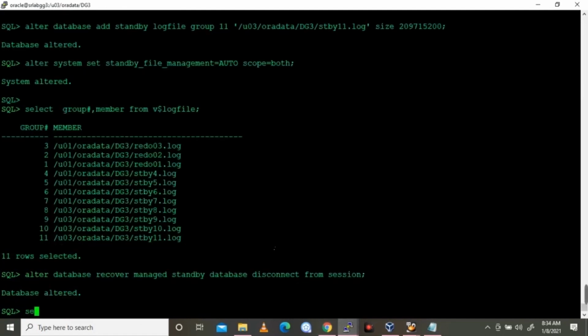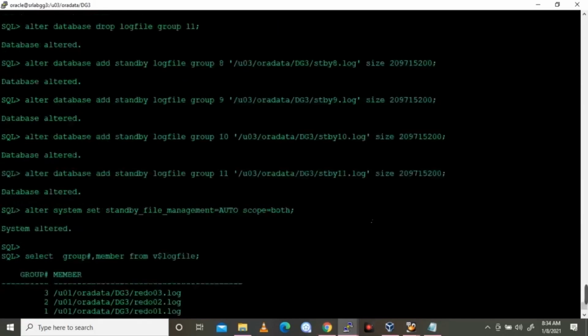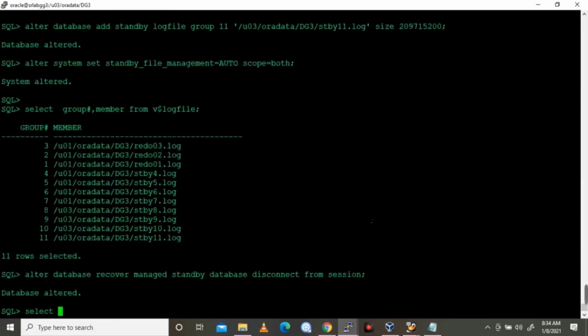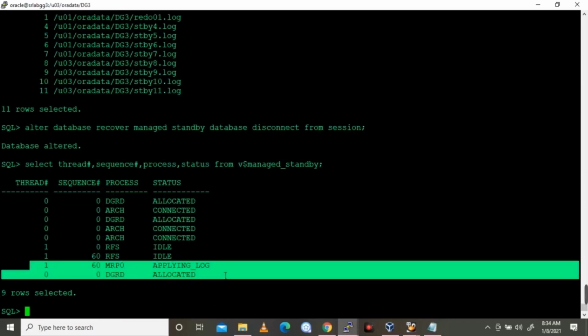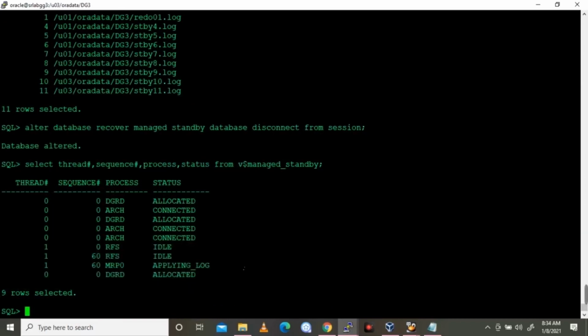Let's check the process, whether MRP is running or not, and whether the logs are applying or not. Let's check it out. So now the logs are applying. Everything looks good, and the second standby database creation got completed.